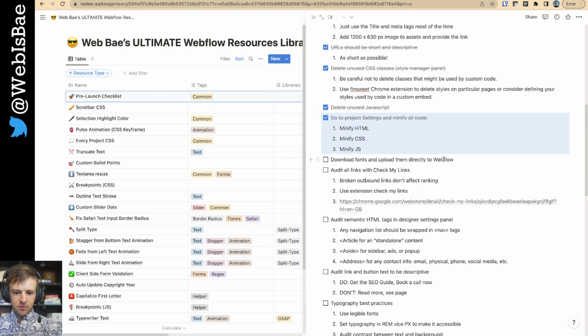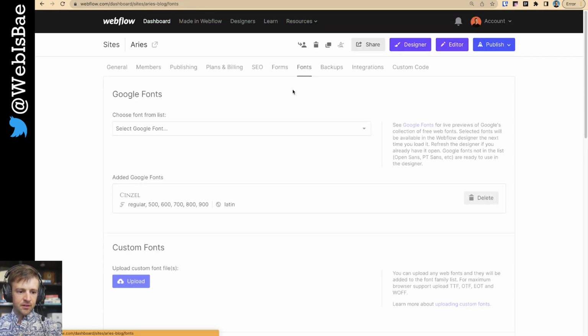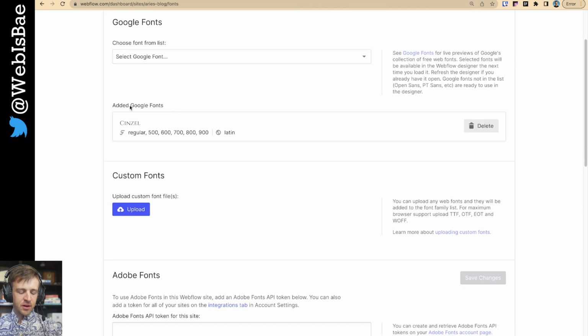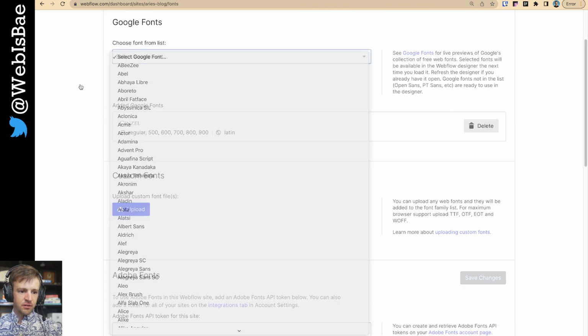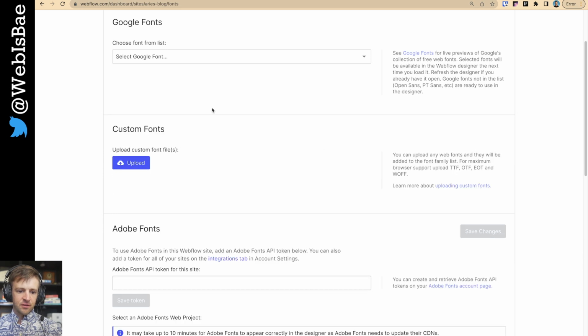Download fonts and upload them directly to Webflow. Something that can make page performance better is uploading the fonts directly to Webflow rather than from Google. So we've got the Google fonts from the list here, and notice it's importing all of the different weights. So I'm going to delete that